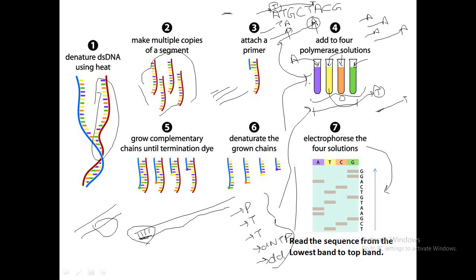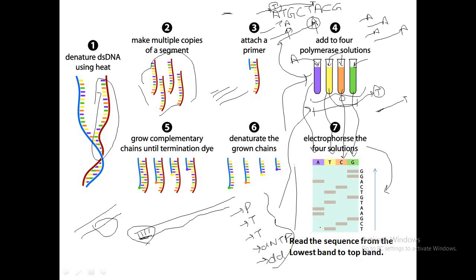So you know that each of the test tubes contains a different dideoxynucleotide, and you will run each of them in a different lane. In lane 1 you will add this reaction mixture, in lane 2 you will add this reaction mixture, in lane 3 this one, in lane 4 this one. Once you complete this electrophoresis part, you will find bands in several locations.